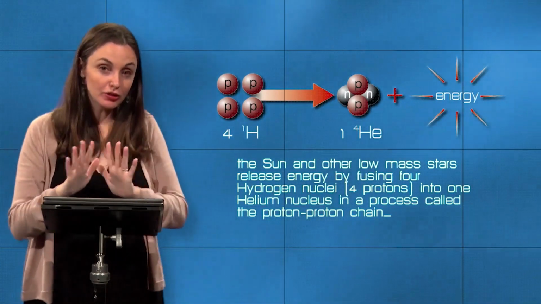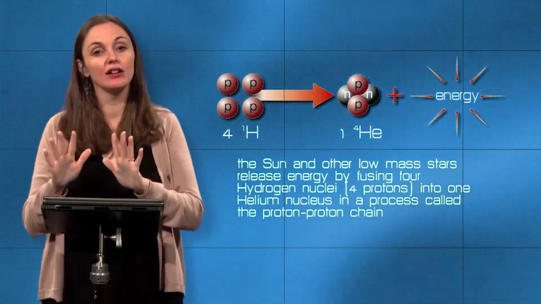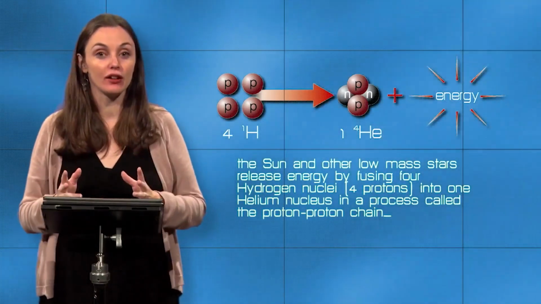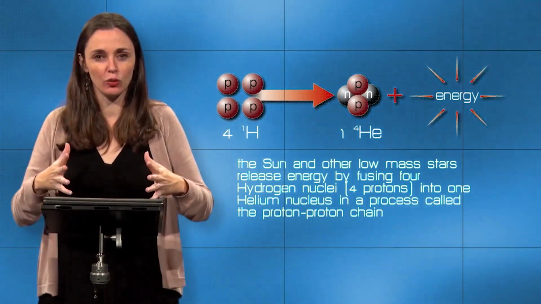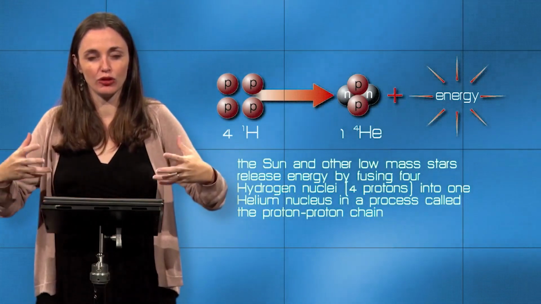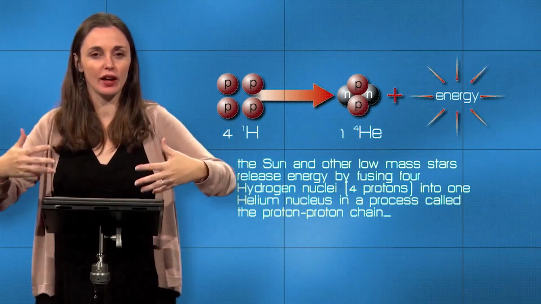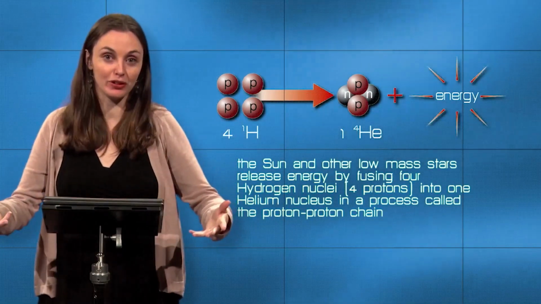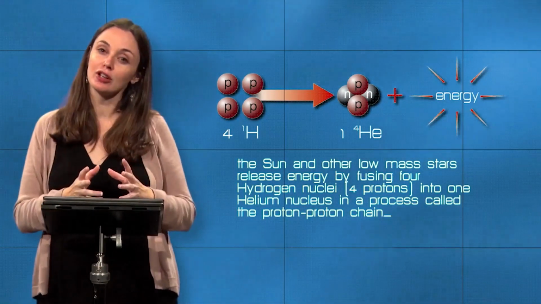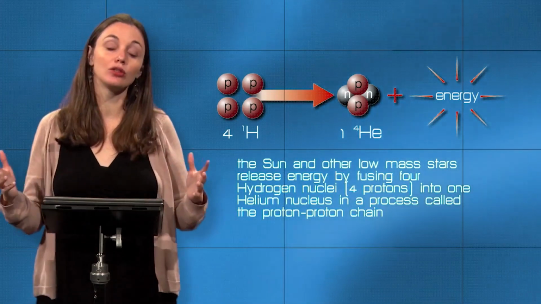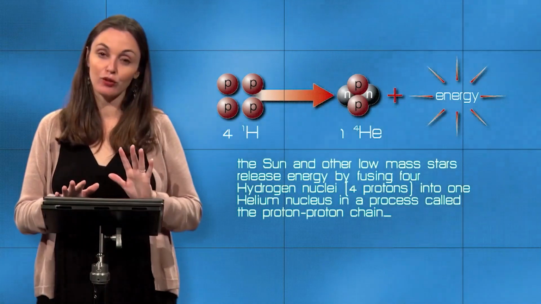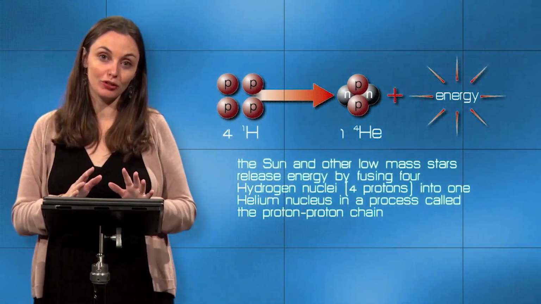Now, much, much later on, towards the very, very end of our star's lifespan, our star's going to run out of hydrogen. It'll have to swell in order to reach high enough temperatures to go on to the next subsequent form of fusion, where it utilizes all that helium that's built up over time. That's when things are going to get really interesting, and that's when the star is really sort of out of balance. But for now, it's in balance because these forces are equal but opposite to each other.